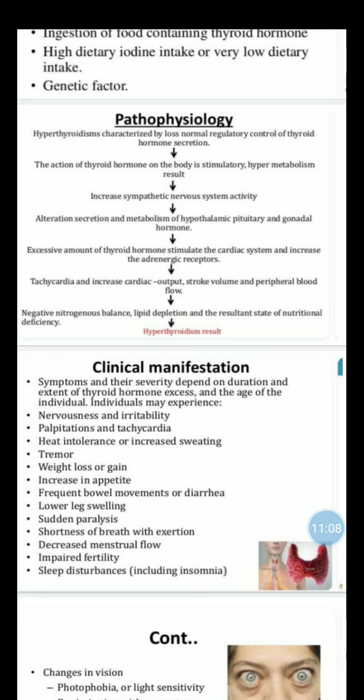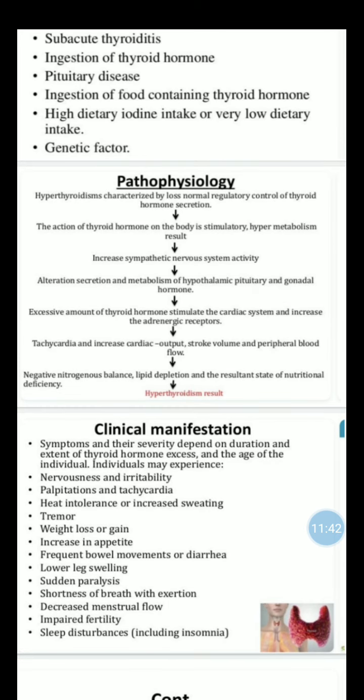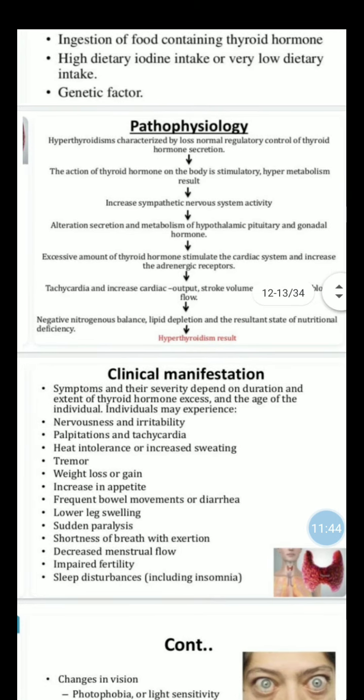The symptoms: nervousness and irritability, then palpitation and tachycardia, then heat intolerance and increased sweating, then tremor, then weight loss or weight gain, then increase in appetite, frequent bowel movement or diarrhea, then lower leg swelling, then sudden paralysis, shortness of breath with exertion, decreased menstrual flow, impaired fertility, sleep disturbance including insomnia,